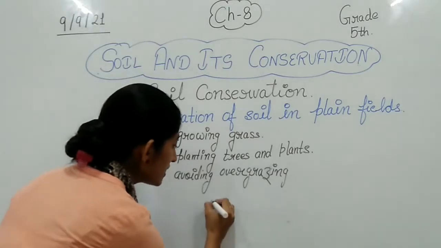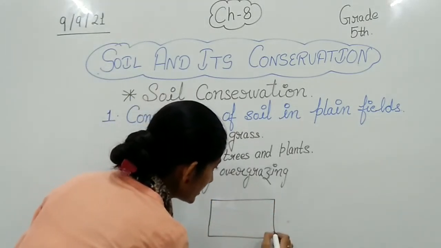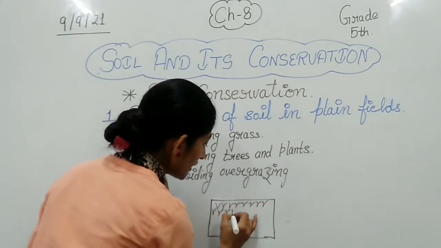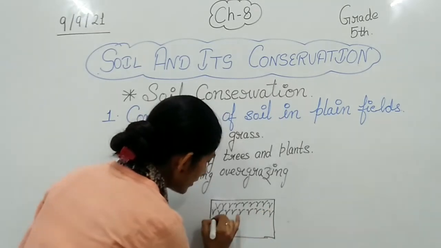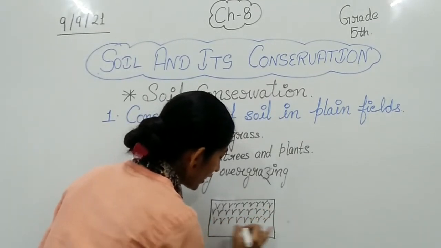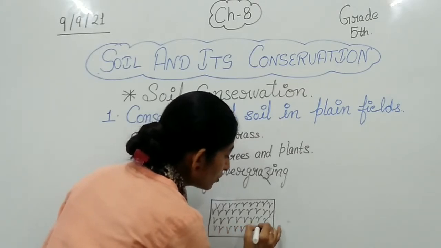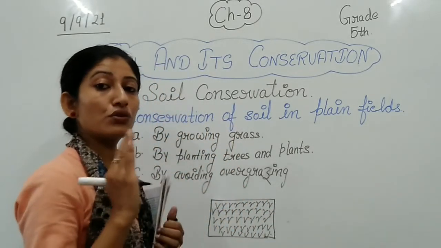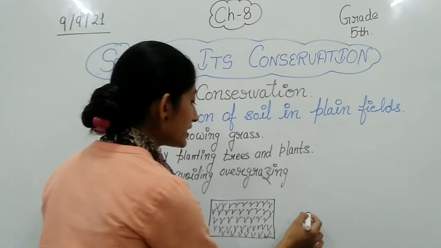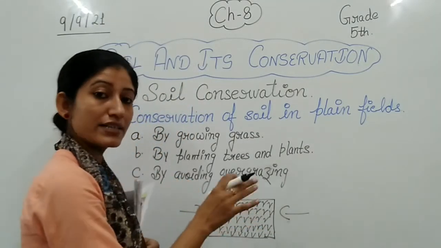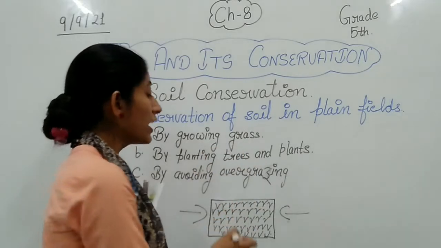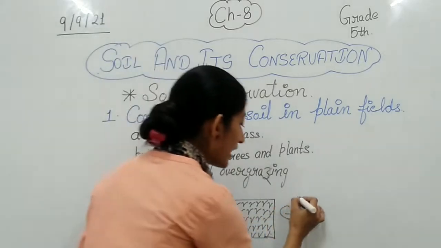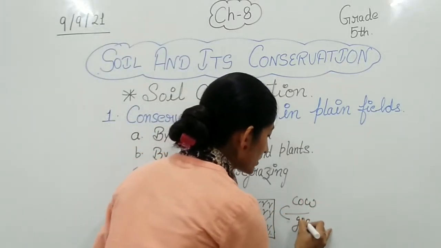Suppose this is the field, and in this field grass is grown. The field is completely covered with grass. Now those who have pet animals like cow, sheep, goat want to give food to their animals, so they are sending them into this field so that they can eat. And what is their food? Their food is this grass. So they are sending animals like cow, animals like goat, animals like